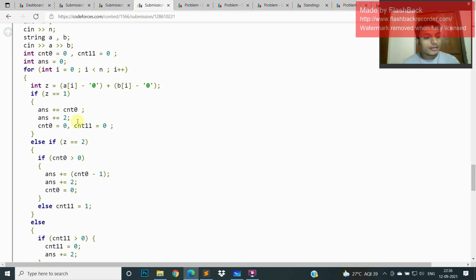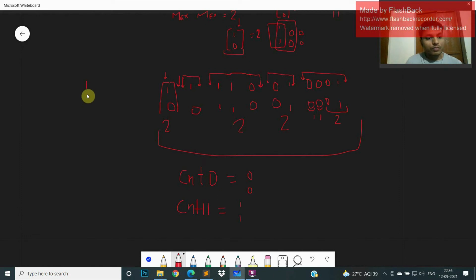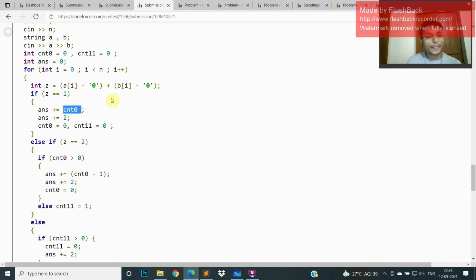Then the answer will be how many 0 0 we encountered. If we found 1 0 and previously 0 0, the best scenario is that we take this one and all of these independently, because here the MEX will be 2, and here 1 and 1. This is the best scenario.